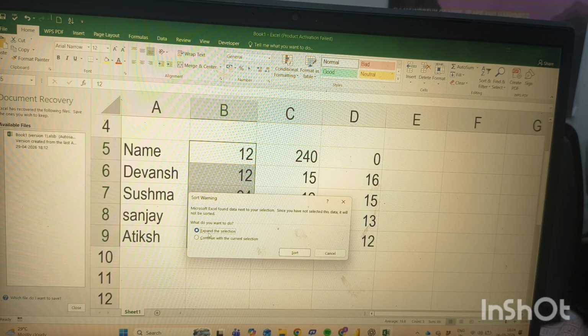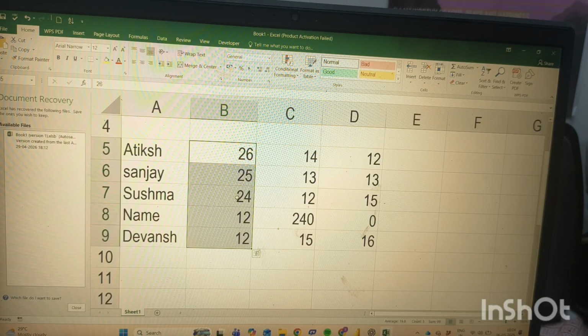It is coming: expand the selection. You don't have to worry, just sort, and it has been done. Are you watching, guys? 26, the largest number, is first, then 25, 24, 12, and the smallest number is last.